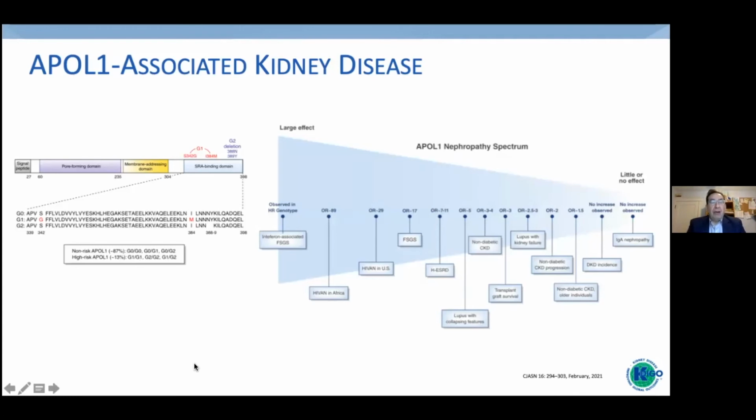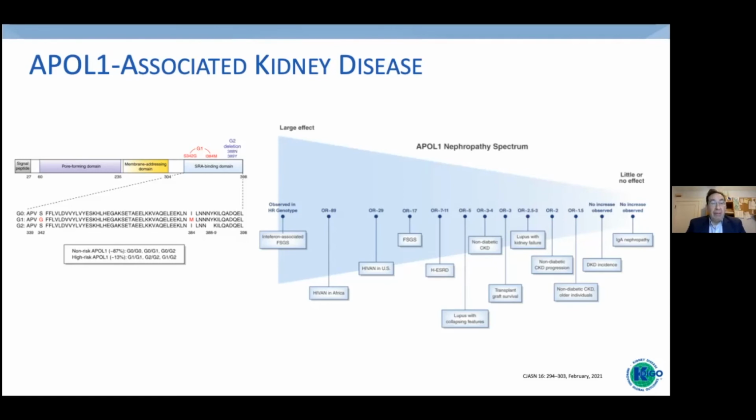There are two variants in APOL1 that are typically called G1 and G2 that both change the coding sequence of APOL1. Again, these are relatively common variants in people of recent sub-Saharan African ancestry. This is, again, somewhat atypical, the fact that these are coding, protein-changing variants,